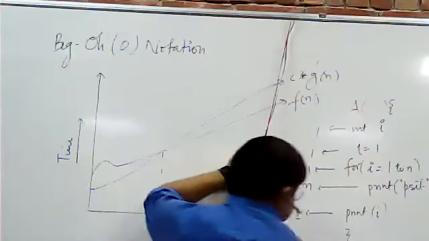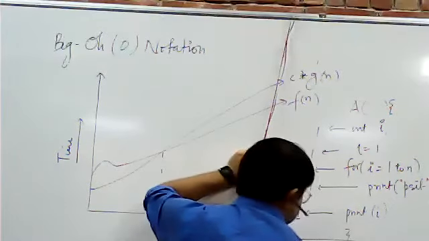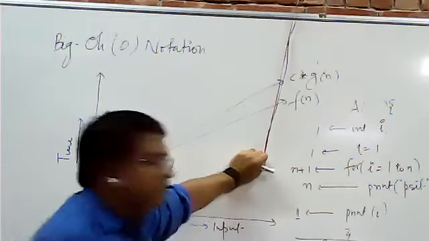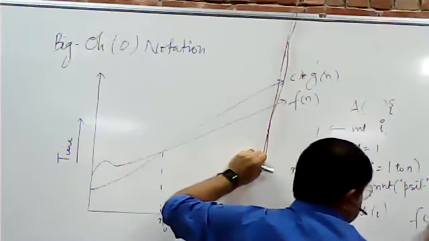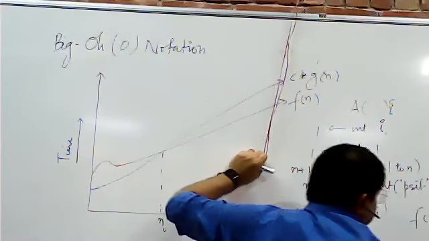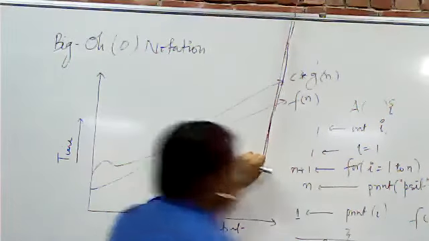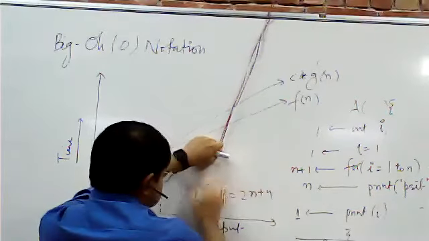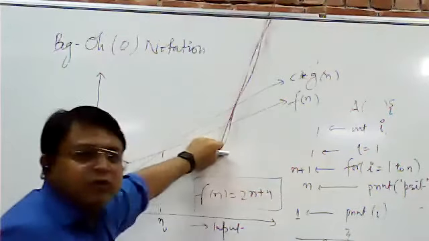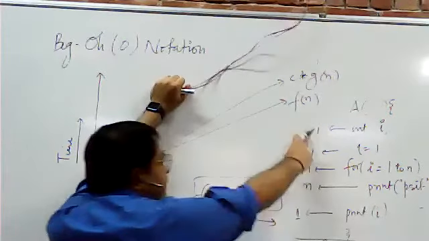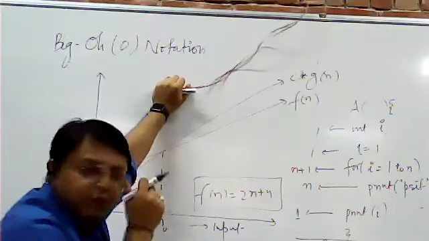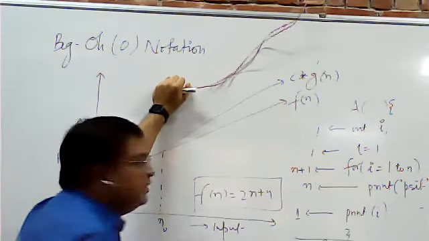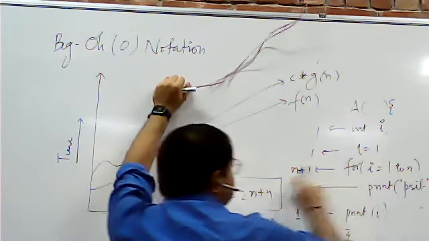Here I am writing: F(n) is equal to the total number of steps that are executed. Fine. So F(n) is equal to 2n plus 4. How did we get it? It's obvious that this step is going to execute only once. When the compiler executes the program, this statement will be executed only one time. This statement will again be executed only one time. This loop runs from i equal to 1 to n, so it will be executed n plus 1 times.